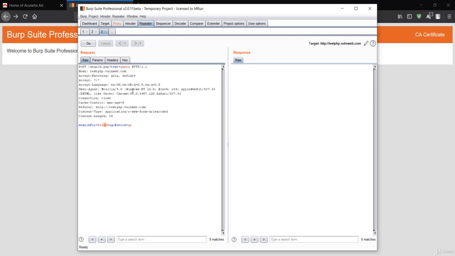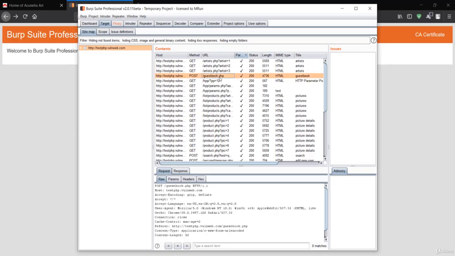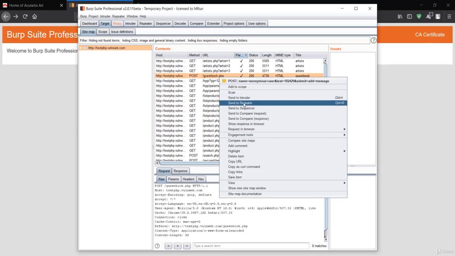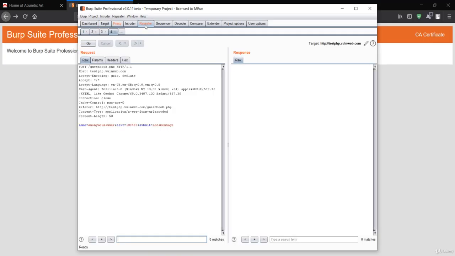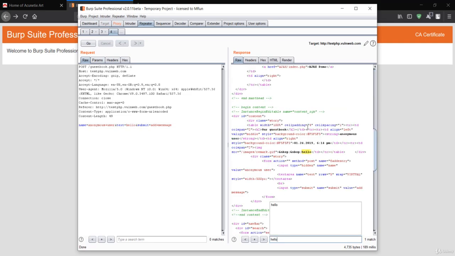So you could see that it is a simple test. So I think it is not vulnerable again. So let me see the next POST if this has any field. Send this to the repeater. Let me see here. So this has some text. Let's see if this works or not. So I'll just put here hello. Let me quickly press go, and let's see if this hello has been reflected or not. So hello has been reflected, but in a position that is not vulnerable.